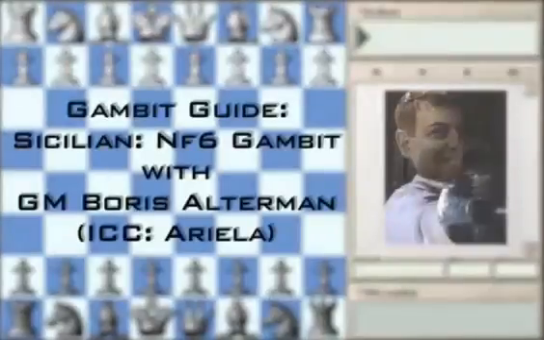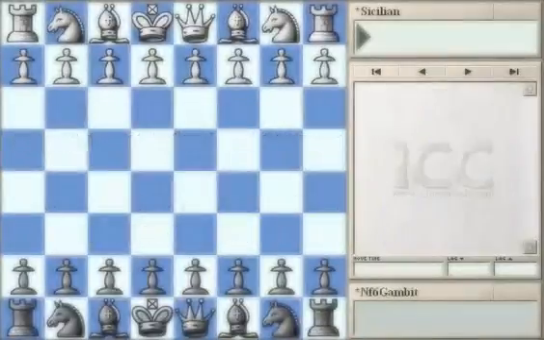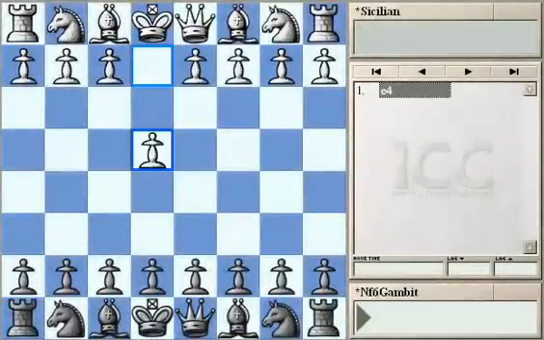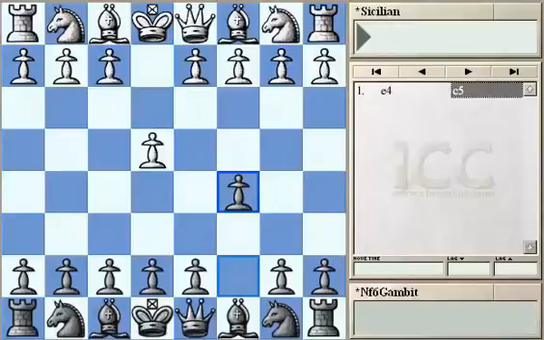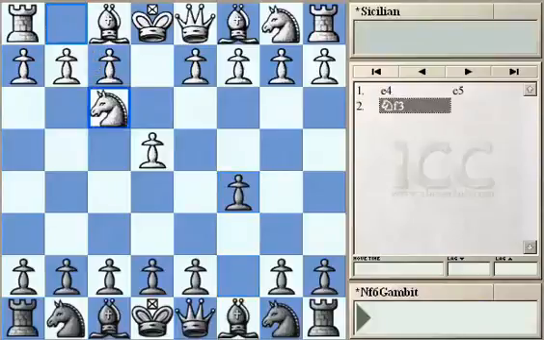Welcome to the new series in the Gambit Guide, and we're back to the Sicilian Defense after e4 c5. So instead of the previously studied Knight c3 and f4 variations, we're back to the main line, Knight f3. And here, instead of the usual d6, e6, Knight c6 or g6 moves, Black has a quite interesting and, I would say,